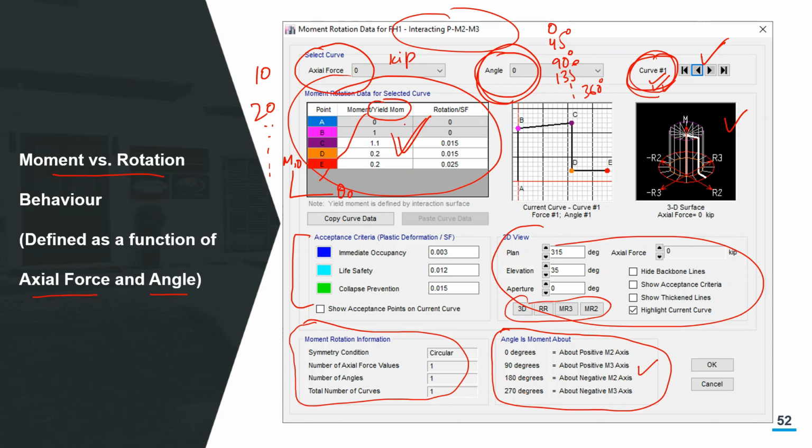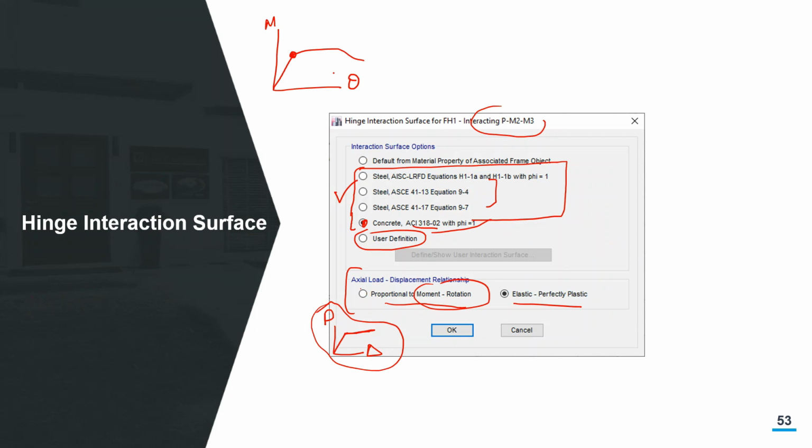And that yield moment, based on the level of that particular axial force, will come from the PMM surface. So it means that the PMM surface is providing us the capacities to fully define the plastic hinge's action deformation curve. Whatever My was doing before in the case of beams, now the complete PMM surface is doing the same thing for columns.